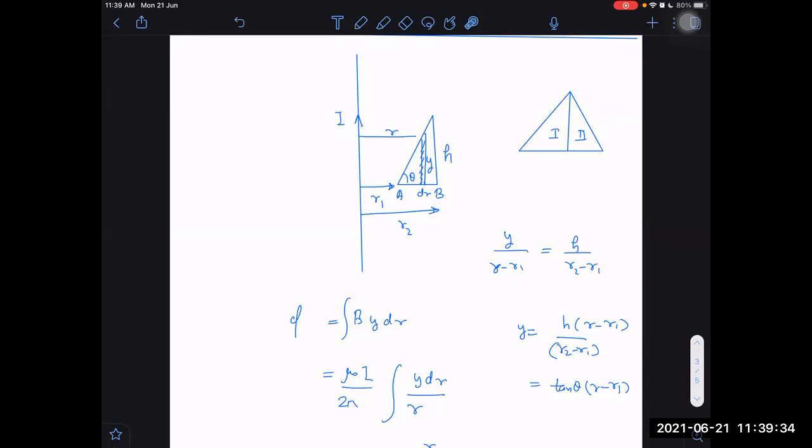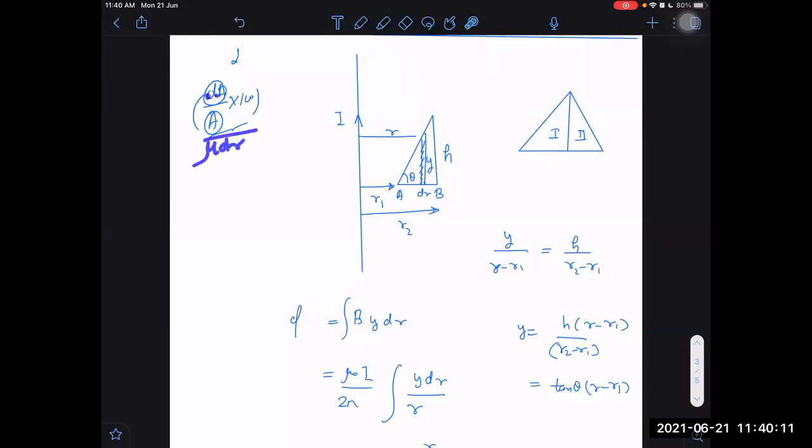What areas am I telling you to find? First, find the area of the trapezium, and then find the area we have taken, y into dr. Take the difference of the areas. Let us say the difference of areas comes out to be dA, upon the total area. That will be the relative error. Relative error into 100 will be the percentage error. But you will come to know that dA is negligible as compared to the area when dr tends to 0. What is the area? Area is y into dr. In the denominator, I will put y into dr.